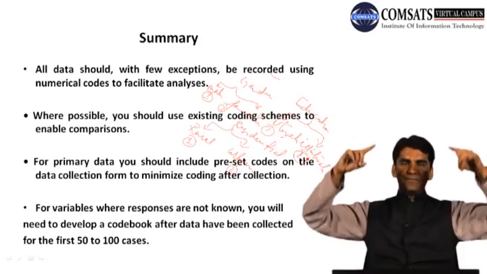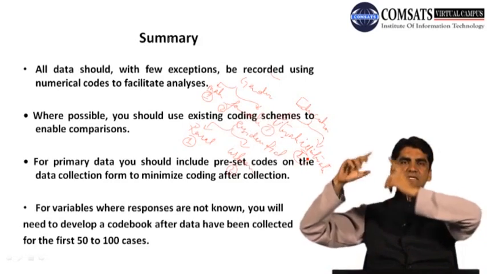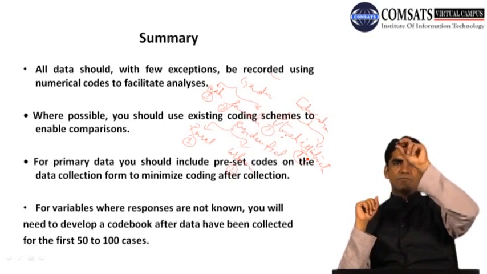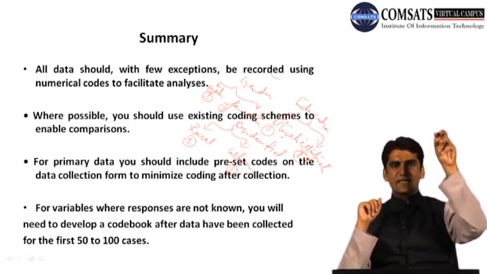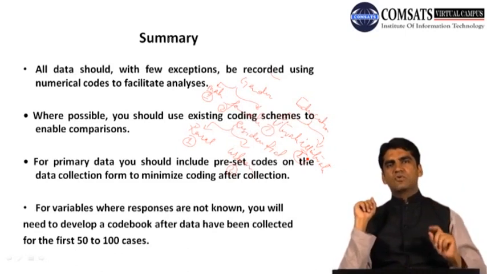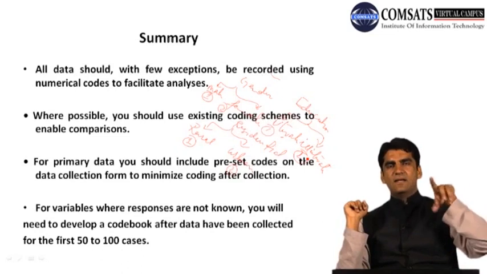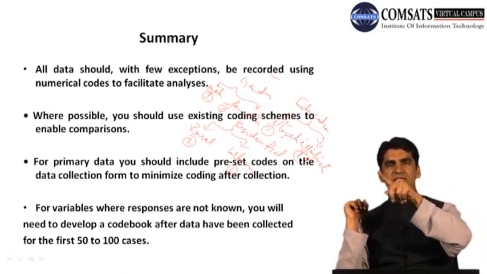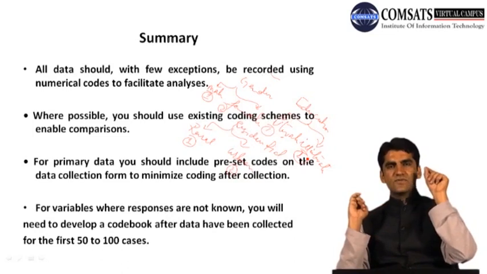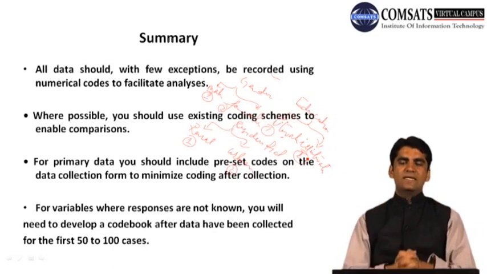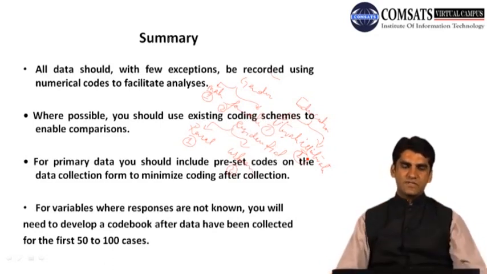So when you enter your variables into an Excel sheet or any other software, you put residential status, marital status, married or non-married, and gender, and then you give them codes, and based on the codes you understand that for gender, 1 means male, 2 means female. For education, 1 means literate, 2 means illiterate. For residential status, 1 is rural, 2 is urban. So all data, with few exceptions, should be recorded using numerical codes. Income cannot be coded because it is directly a numerical value.